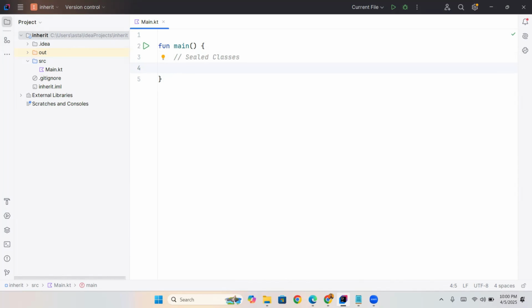You can say that if you make a class Animal, you write class and use the word Animal, with a capital A. This class is unsealed, this class is not sealed. To make it sealed, we have to write the sealed keyword here.